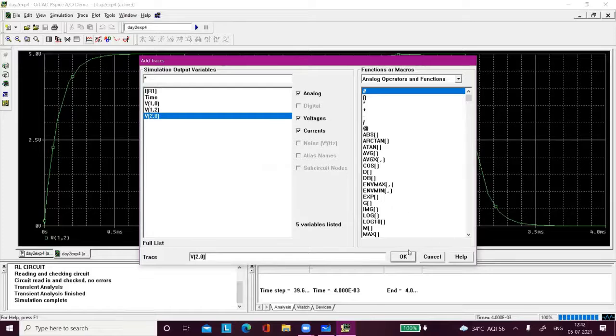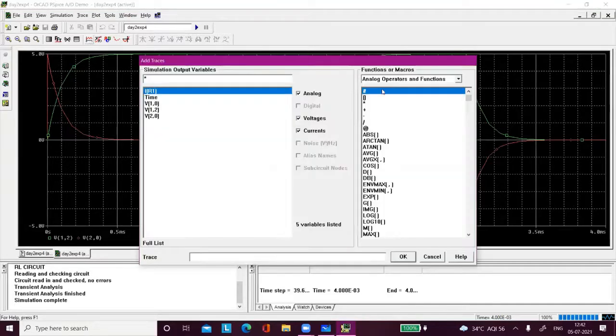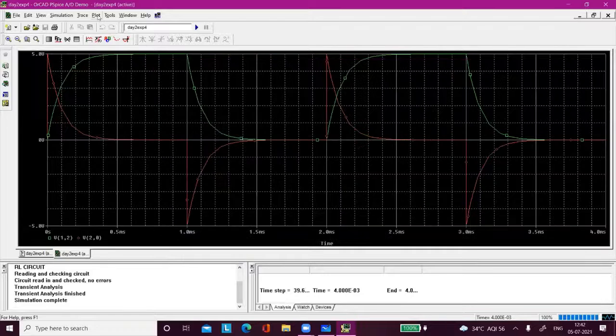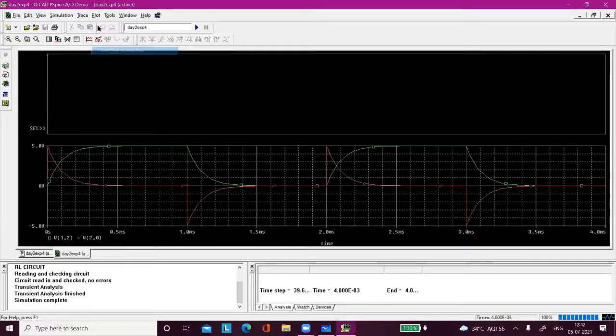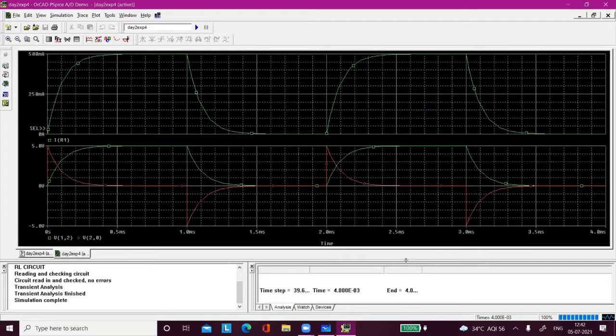V20. Derivative, you can see the derivative. Just find the derivative, L di/dt. You know, this will be the nature of the voltage across the inductor. All right, and current will be the same as the voltage across the resistance. You find out current. Use a separate plot window. Go to plot, add plot to window, and select current. This is the current waveform. Current and voltage across resistance will be the same. Multiply the current with the R value, and you will get it.